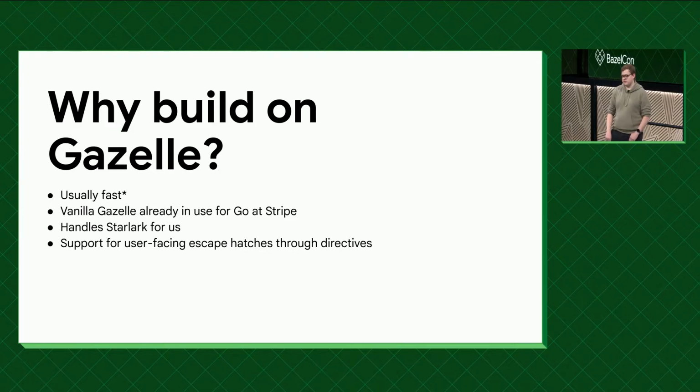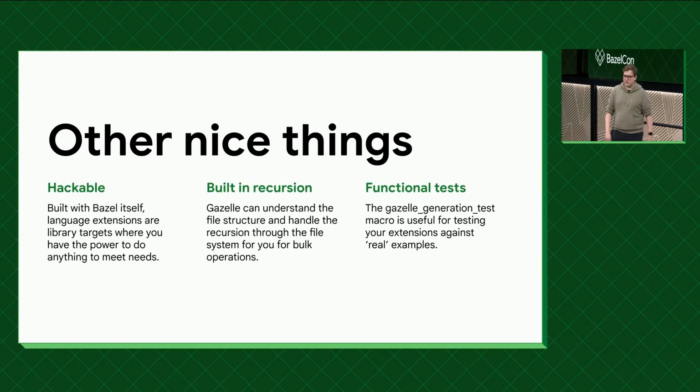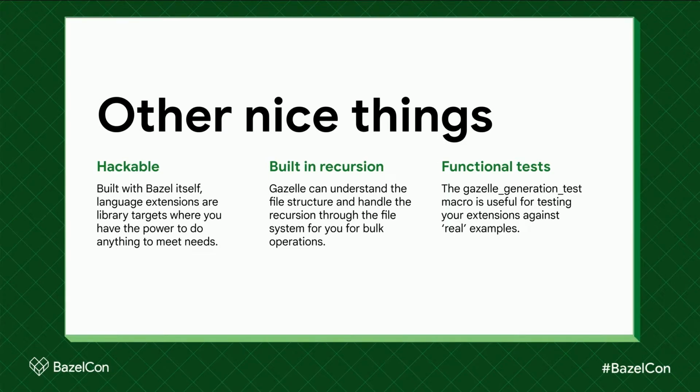Yeah, so we're already using Gazelle for some of our Go stuff, which it supports out of the box, so it's really nice. Gazelle is really great because it provides directives you can use, just comments in build files that change the behavior, like if there's an edge case. Like I was saying earlier, it's hackable. You can extend it how you want, and you can change in your particular extension how it resolves things. It does all the file walking for you and manipulation of build file syntax, which is just a chore to maintain, kind of like what Long was talking about earlier.